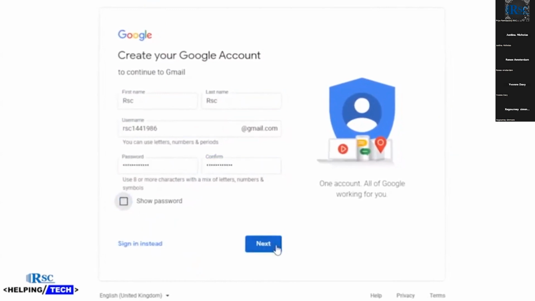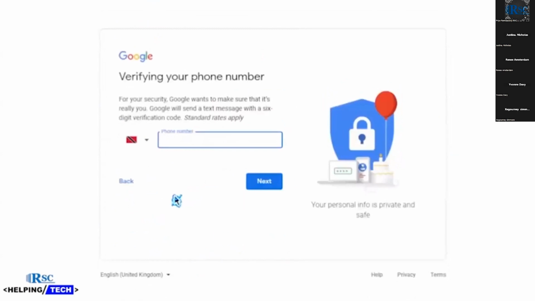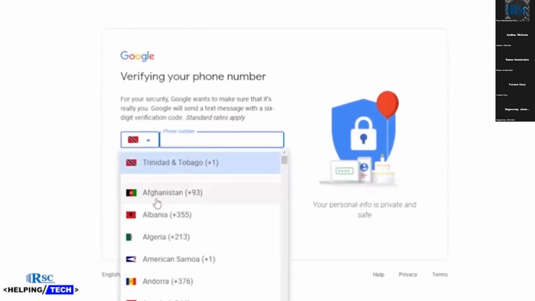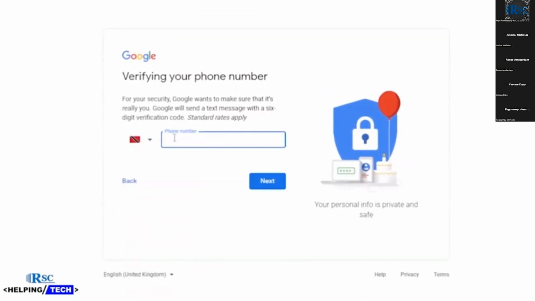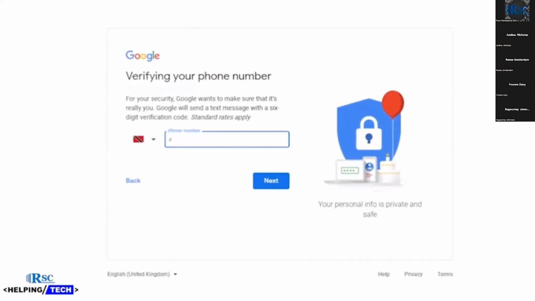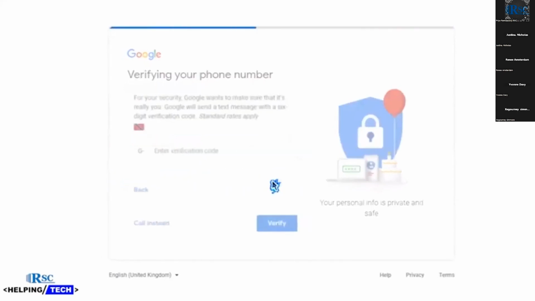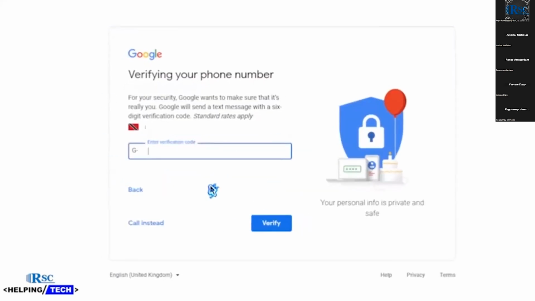Now we click on next, which brings you to your phone number. This button here will give you whichever country you're from, and you simply type out your number. Then click on next. After typing in your number, a code will come to your phone. You simply type in the number